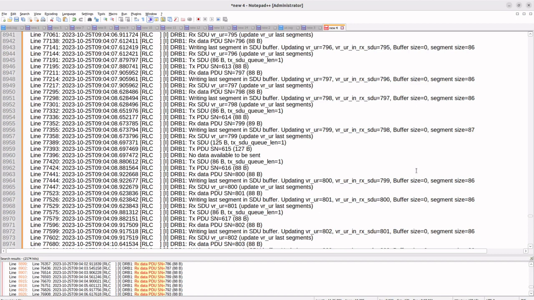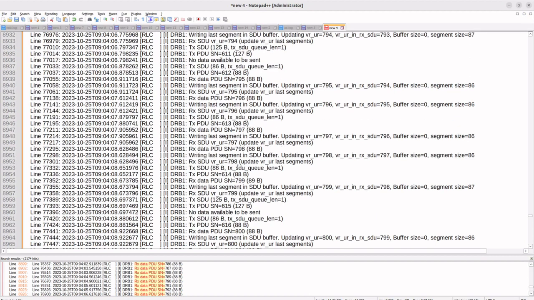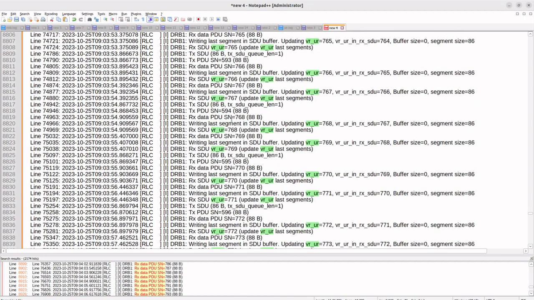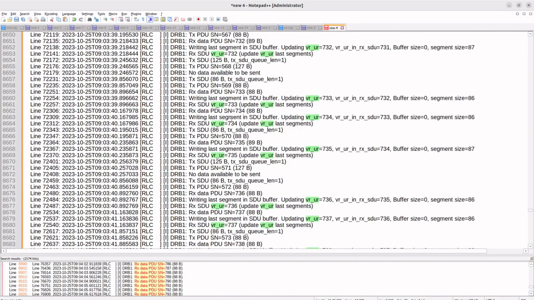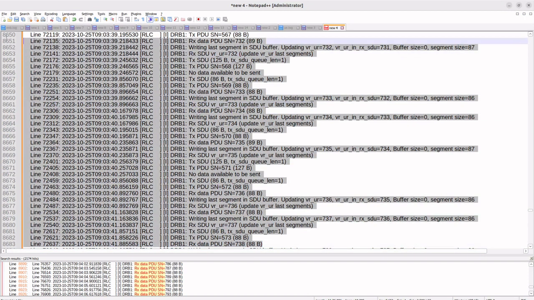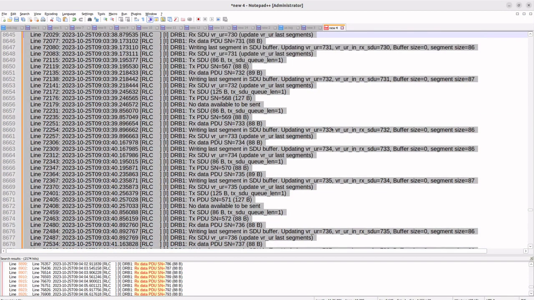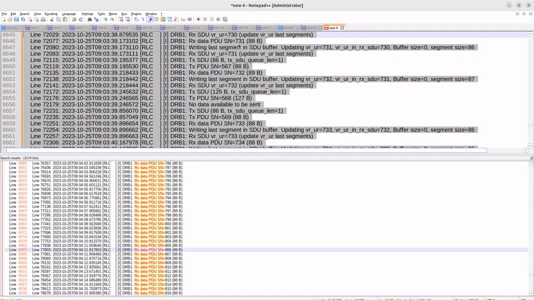Poll byte, right? Poll PDU, RX, TX, status, control PDU, data PDU. These are all the different aspects. If you try to have a look at 36.322, you will come to know. Accordingly, this functionality has been written, and in the logs you can see those things update, right? VR(UR), correct? So here there is no complexity actually in understanding this, but the point is we should correlate, basically,